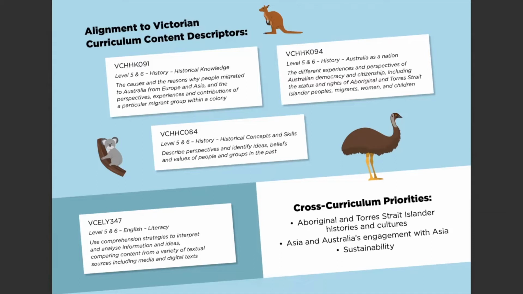And then the cross-curriculum priorities, I've actually included all 3 because we'll be looking at Aboriginal perspectives, Asian perspectives, and sustainability, in that there's a lot of discussion about how the gold rush connects to the land and what that